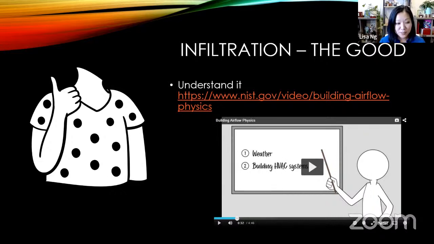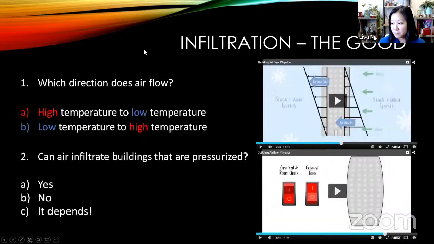The presentation will be available afterward, and that hyperlink is available. It is a pretty introductory video into how building physics works and talks a lot about infiltration and the factors that affect it. We think it's a really great way to get an intro into the subject without all the equations and math involved. I definitely encourage you all to check that out to get a 101, but today we're going to talk a little bit about that 101 as well.